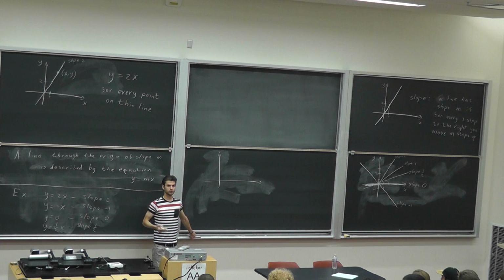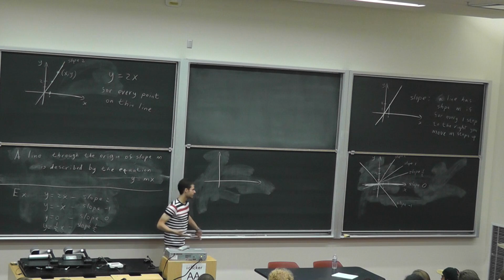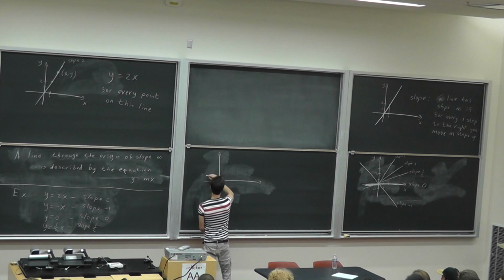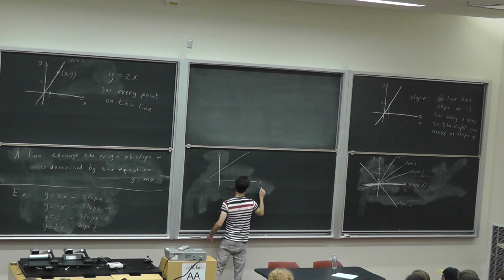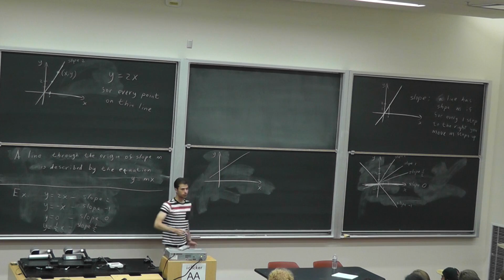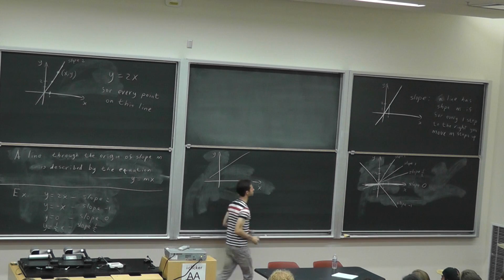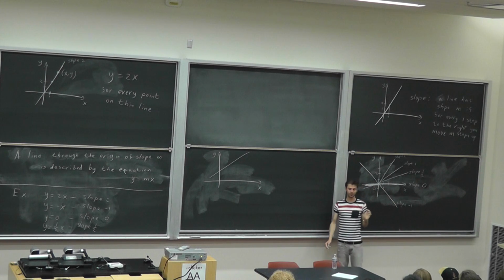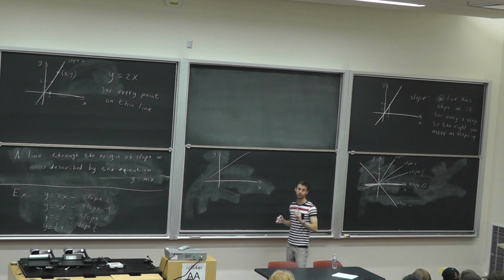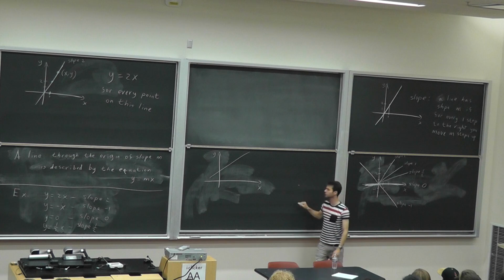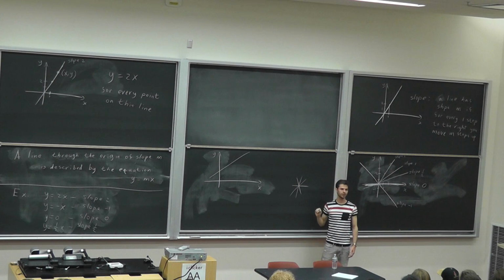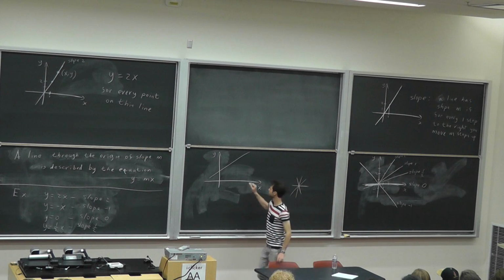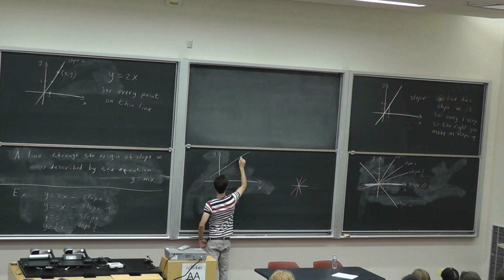So, what ideas do we have? I want to describe a line which does not pass through the origin. Well, I employ the same ideas. Either choose a point. Well, now I can't choose just one point. One point is not enough. If I have a point, there are lots of lines all passing through this point. I'll need two points. So either choose two points,